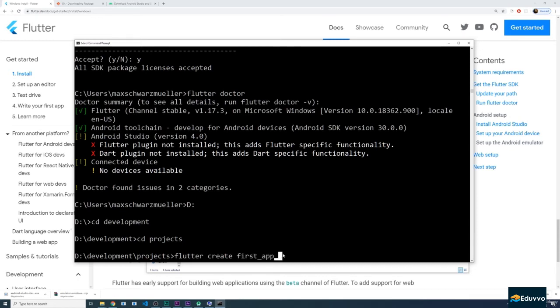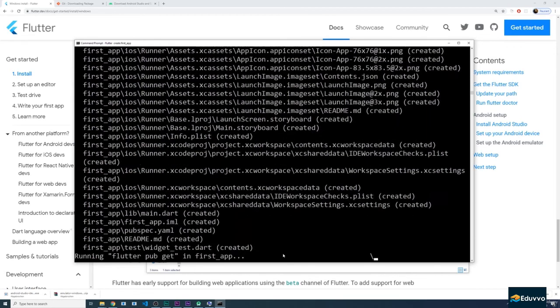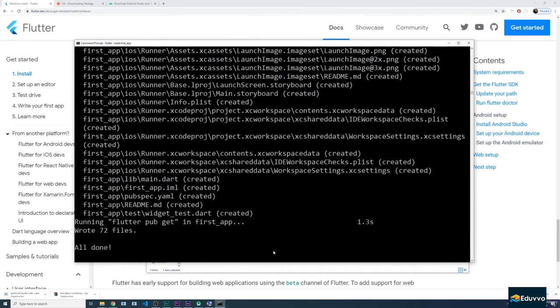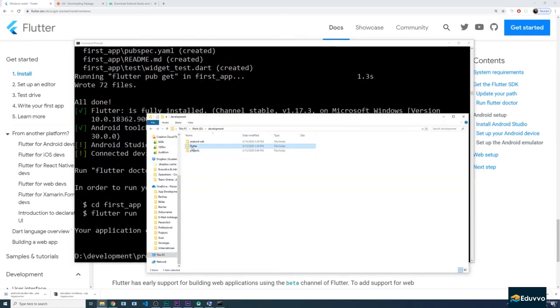The only important thing is that it should be one word. And if it consists of multiple words, like here, first app, those words should be connected with an underscore. Once you have that, you can hit enter, and this will now create this project folder, this application folder. You see it here under projects. There is this first app folder now, and that holds the source code in which we're going to work,